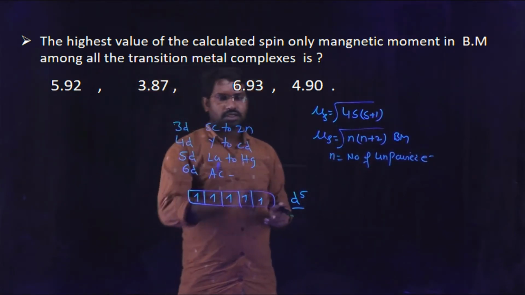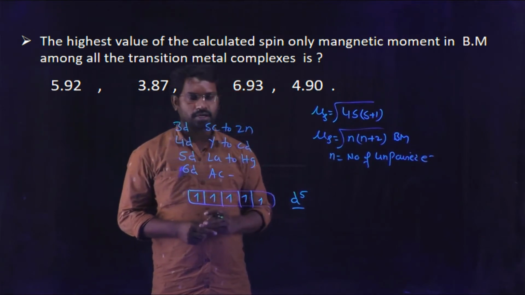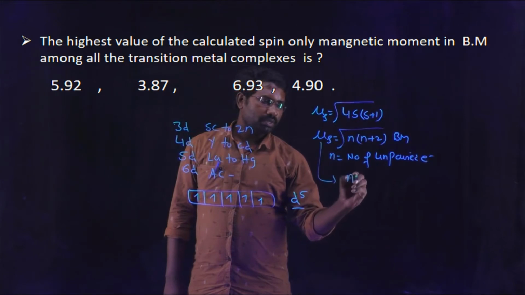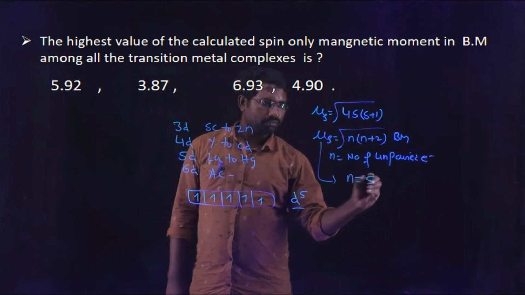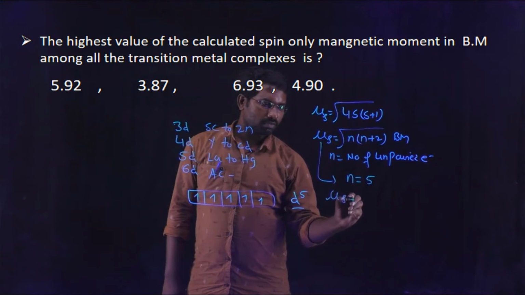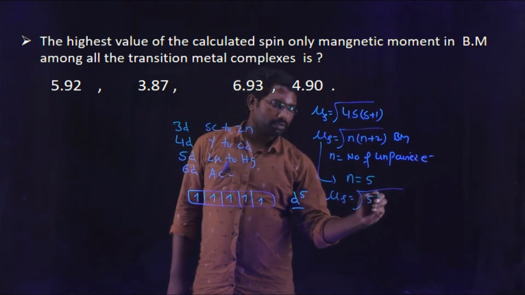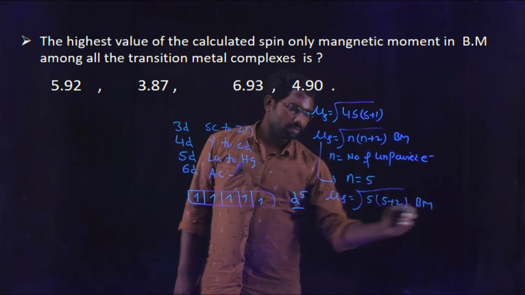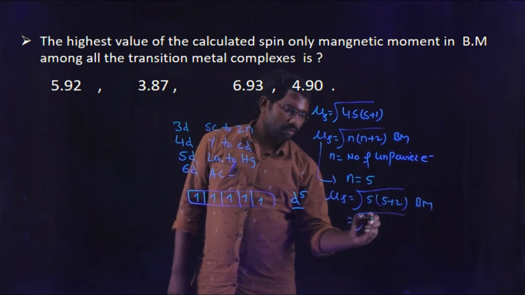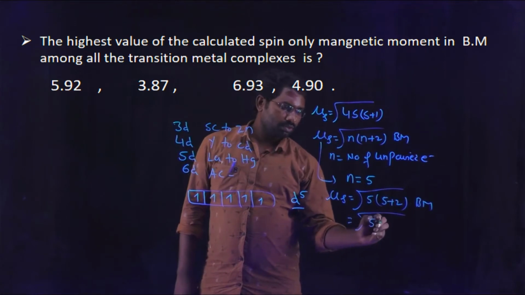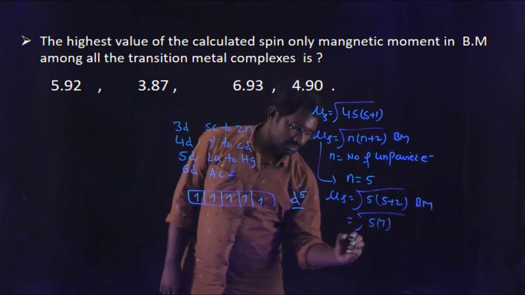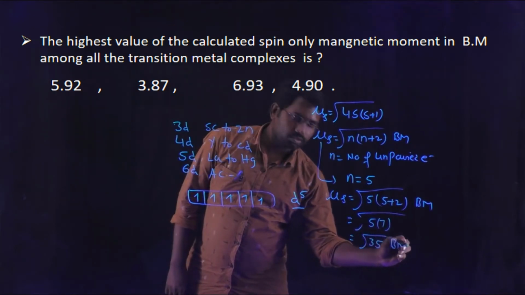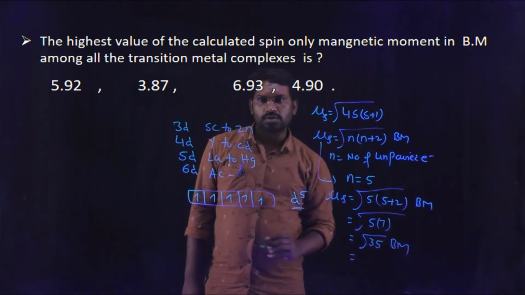Here in the D5 configuration, 5 unpaired electrons are present. So in this formula we have to substitute 5 in place of n. Therefore mu s is equal to square root of 5 into 5 plus 2 Bohr magneton. This is equal to square root of 5 into 7, 5 sevens are 35, so square root of 35 Bohr magneton, which is approximately 5.92